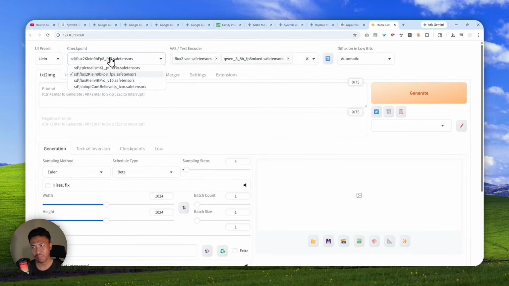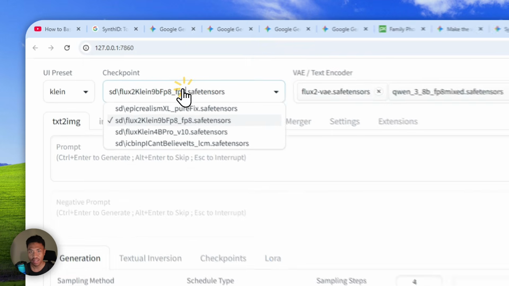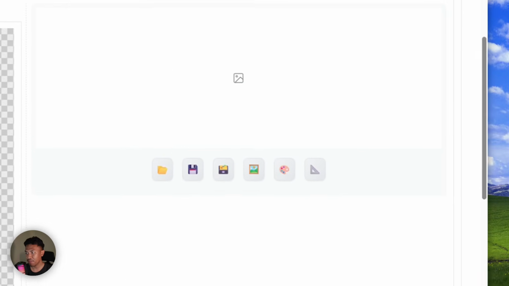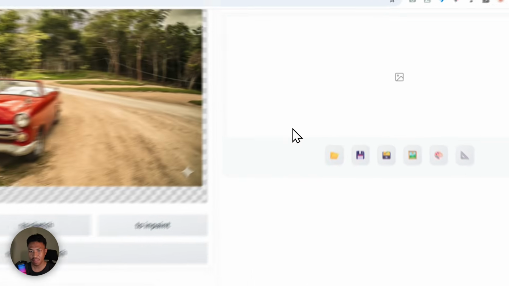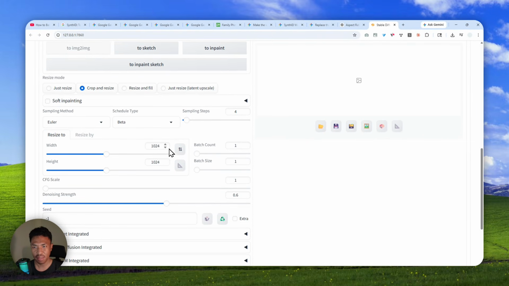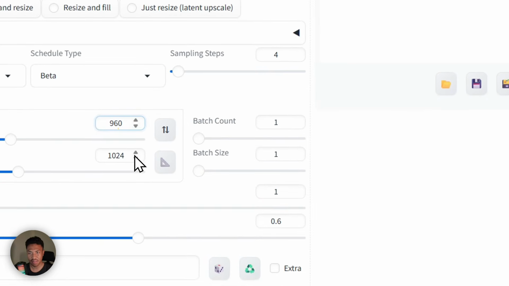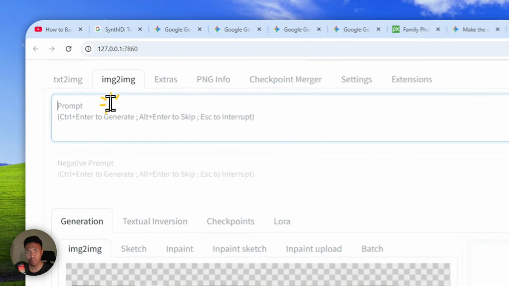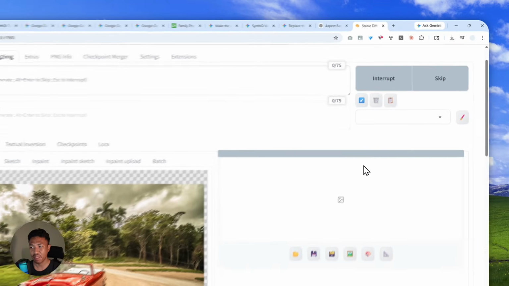It is also quite lightweight, but also has a quality similar to Gemini and Nano Banana. Now, I'll select image to image, and then I'll just upload that picture. For the size, I guess I have to select the size that's matching the aspect ratio of the original photo, or at least comparable. And for the prompt, you don't have to enter anything, and then just click generate and just wait for the